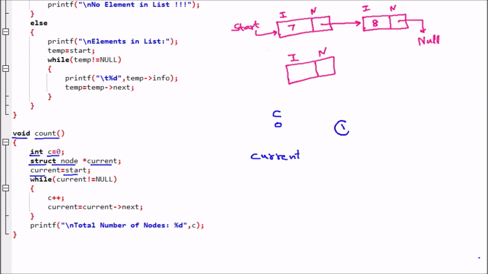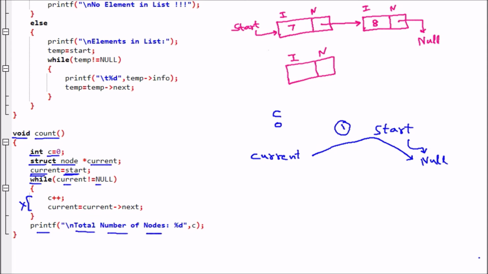If I take case number 1, where I am assuming that start is equal to null, we come here to while current not equal to null. You can see that current is equal to start. So current is at the start and start is at null. Obviously in case number 1, current is already at null, so this part will not work, and the last line will work: printf, that means display on the user screen.